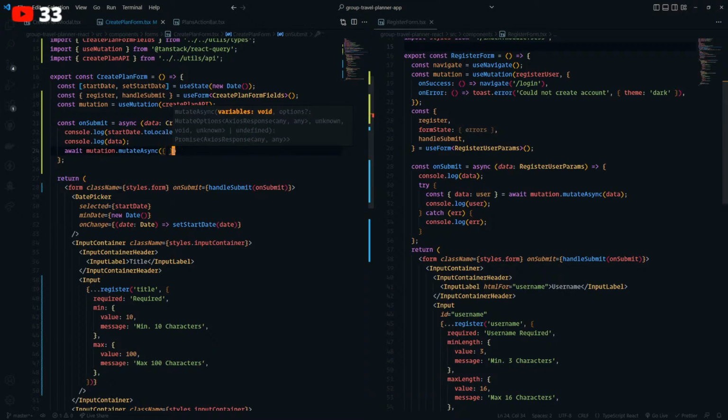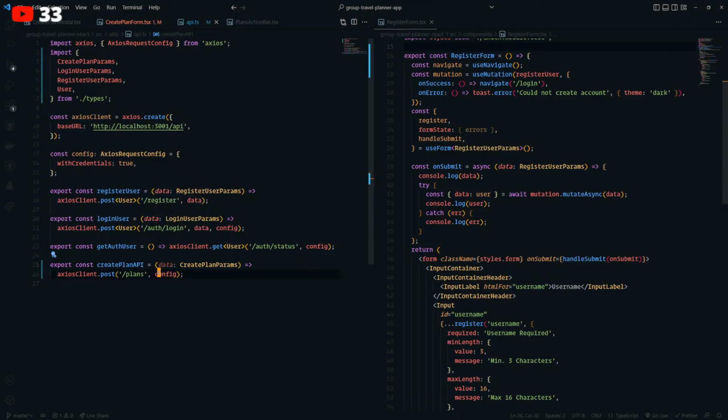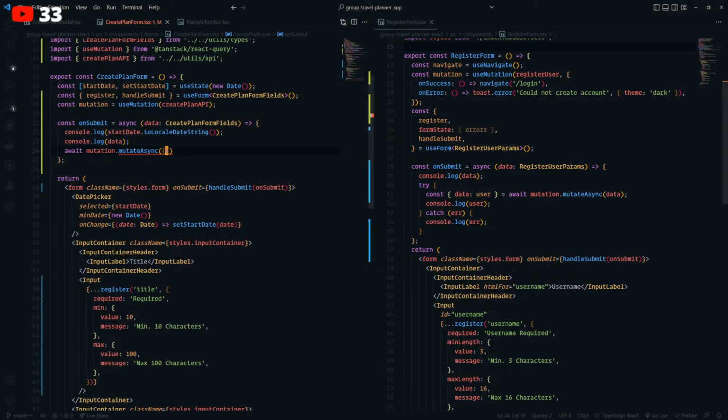Pass in the data. The create plan API does not take in any data yet, so let's. And we need to pass in data like that. Okay, so now, yes.